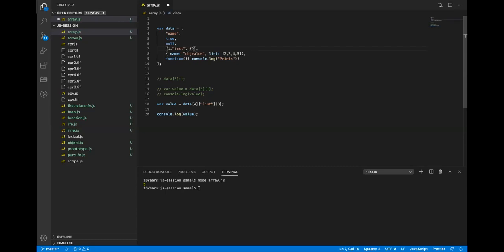Tell me this. Okay. How do I read this now? First, I have to identify the index value. So, which is the index value? 0, 1, 2, 3. Okay. So basically, now I've reached that index value and I basically retrieve the value.